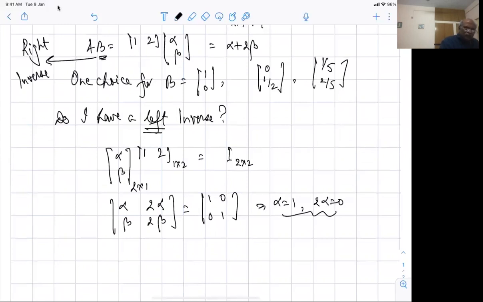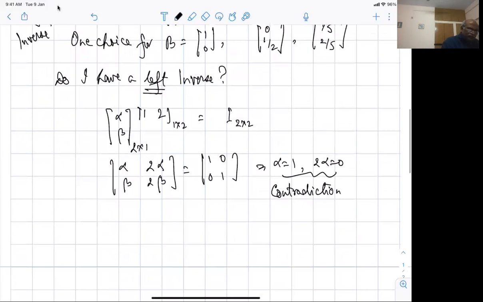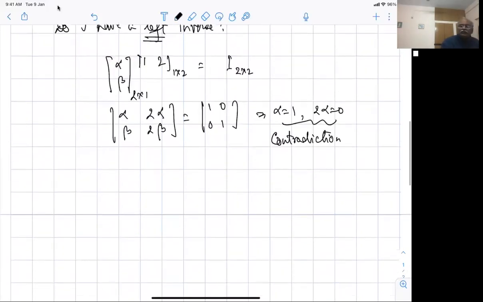So you get a contradiction, or you can say that such an alpha does not exist. Similarly, such a beta cannot exist as such. Fine. So you have a matrix here, which is not a square matrix, and for that we do not have an inverse. There is one right inverse, there is a left inverse, and things like that you can see. Fine. So therefore, we have the notion of what is called invertibility over square matrices.